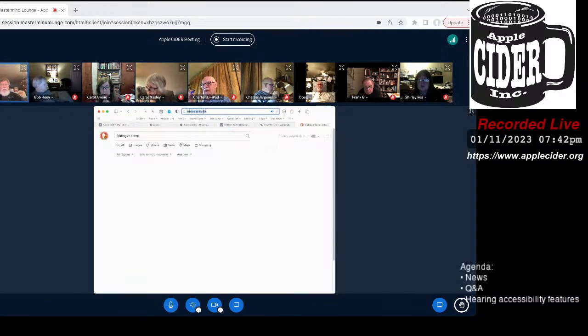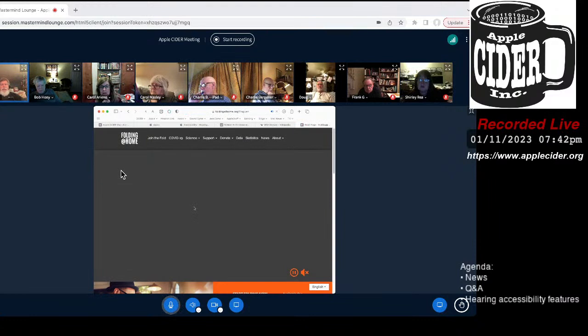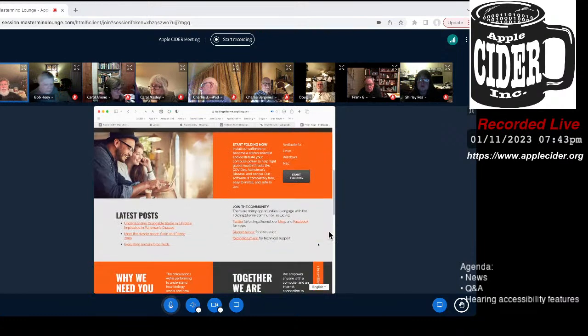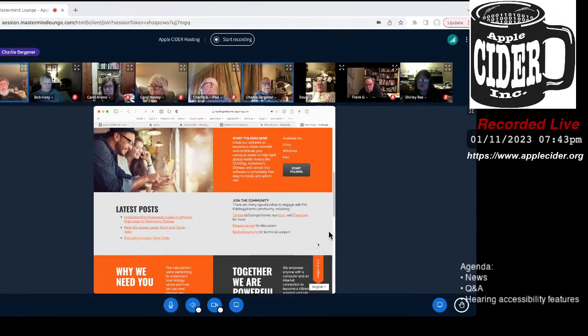And the other one that was really popular was Folding at Home, which is folding proteins for cancer research. I think that one's still going. Yeah, they're still going, and they're doing COVID research also. So there was a thing for a while where if you had some spare computing time, you could run this program on your computer, or let it run all night while you were not doing anything.